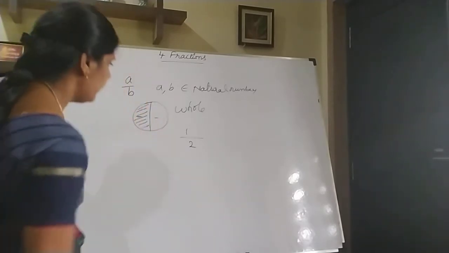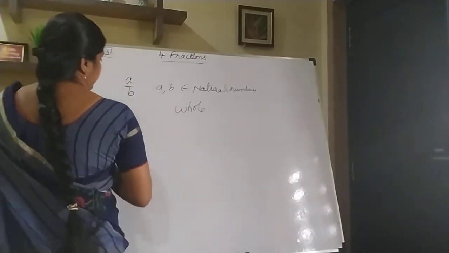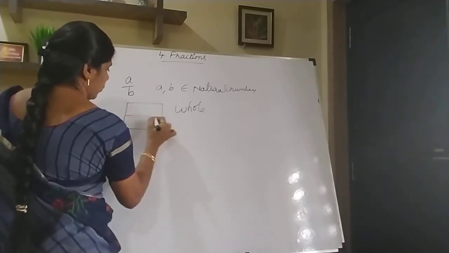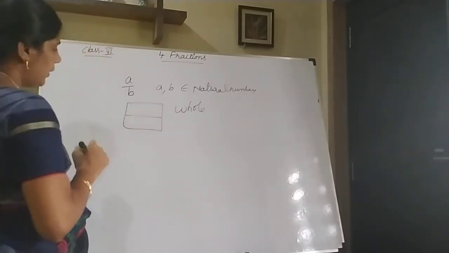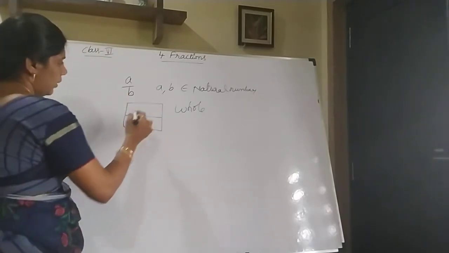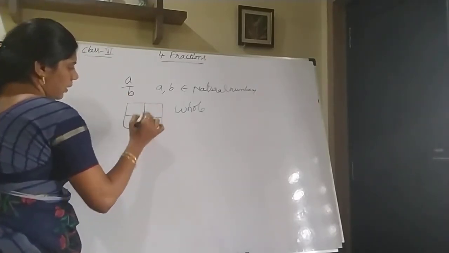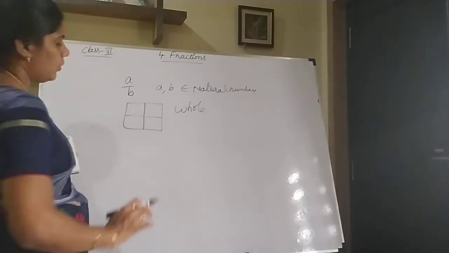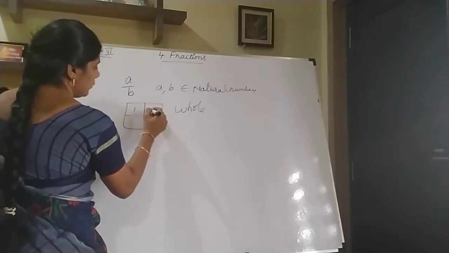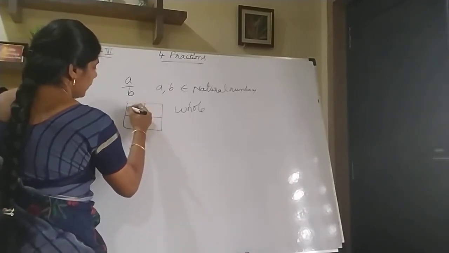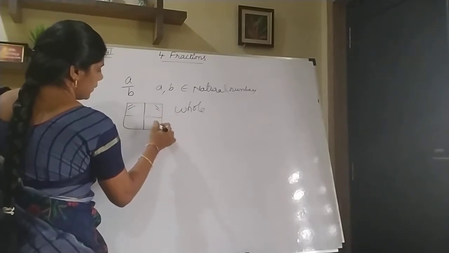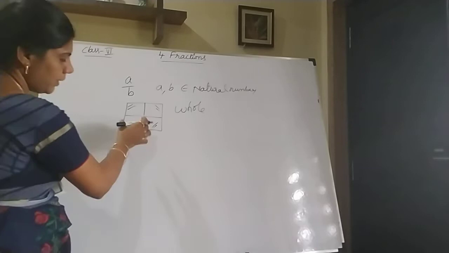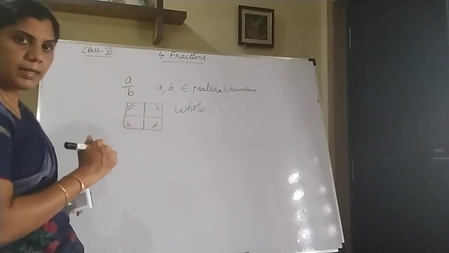You see another example. Here I am taking a square. In a horizontal way, I have divided this one. Now I am also dividing this one vertically. I am drawing one line. So now this is one part, this is one part, this is one part and this is one part. 4 parts. You got 4 parts. How many parts here? 4 parts. Then how to write fractions here?